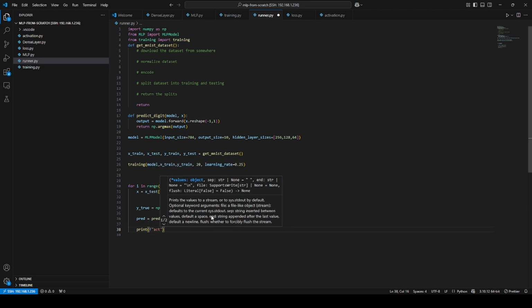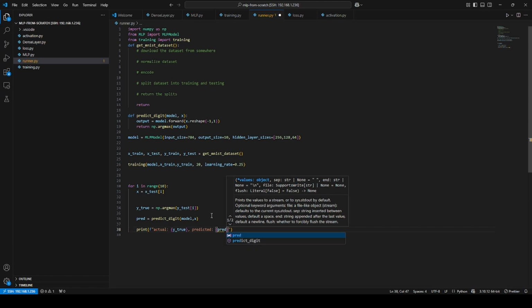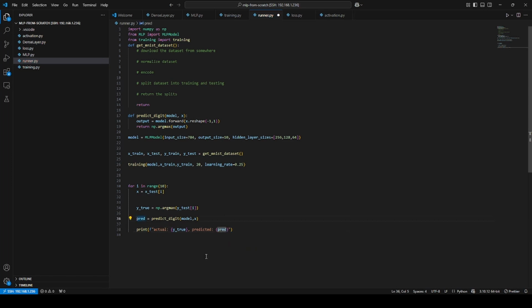actual, and let's print the predicted. What it'll be is y true. So this is the one that we know is correct, and then we can do our predicted. And just since we're doing y and y, let's add y prediction, just to make it that. And so now what we have,